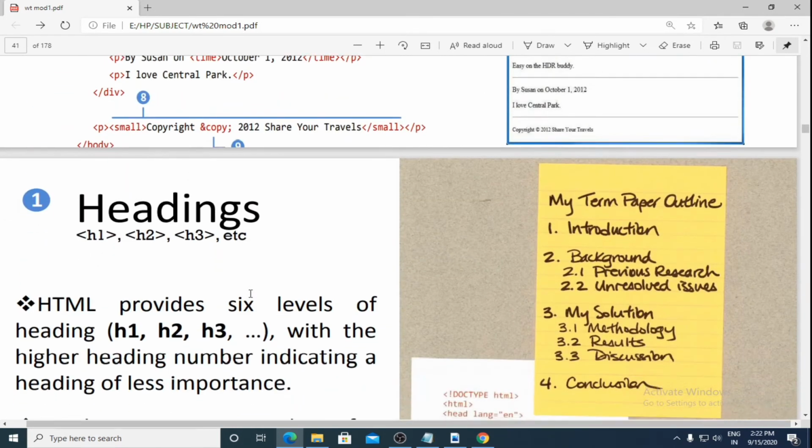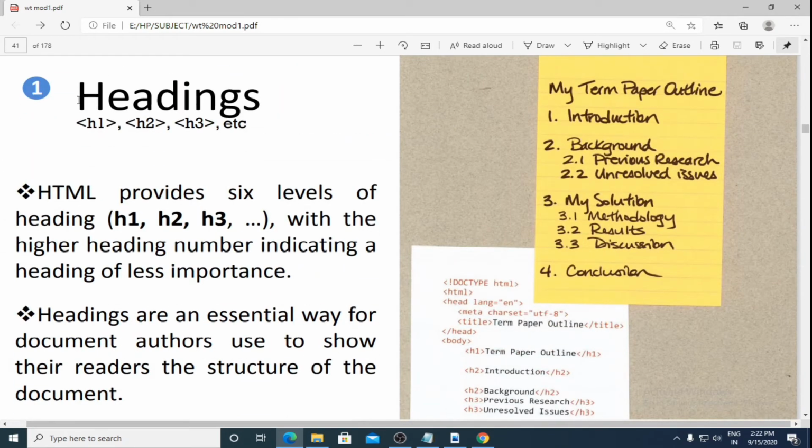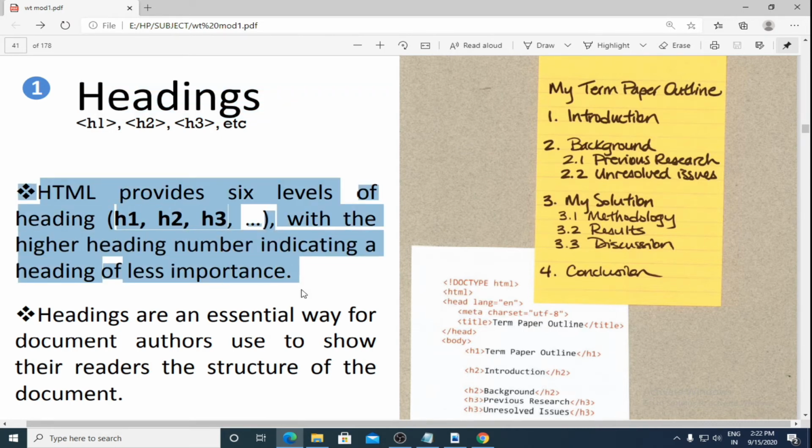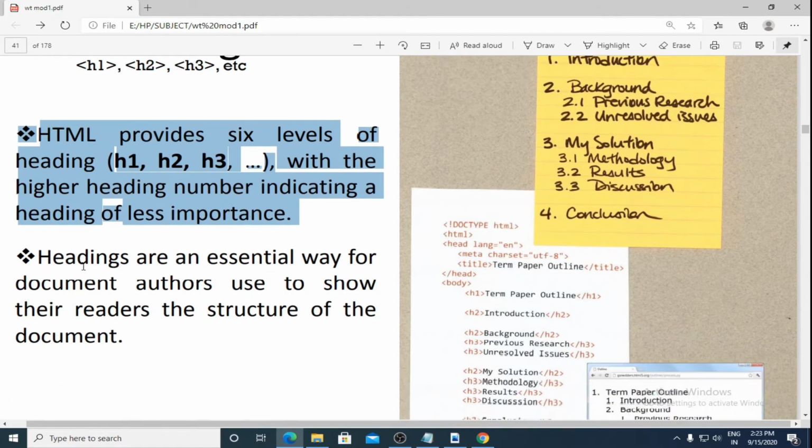So let us see what they have told about headings: h1, h2, h3, and so on. HTML provides six levels of heading, from h1 to h6, with the higher heading number indicating a heading of less importance.